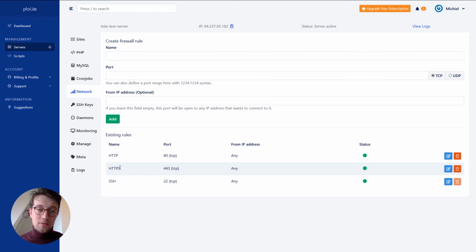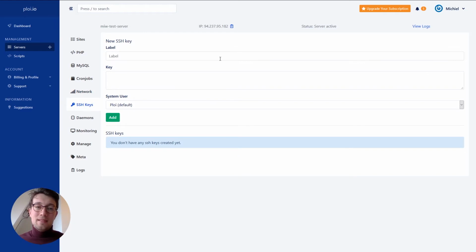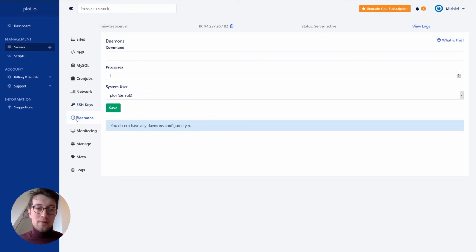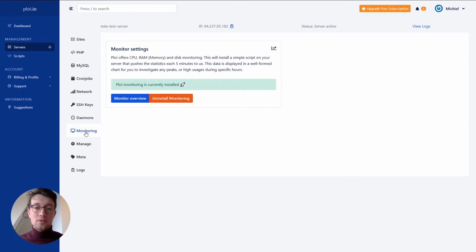And of course, you can use SSH to log into your server, and SSH is an encryption key which is used to log into servers. So if you're already working with server management, logging in, you know what an SSH key is. But just for the sake of it, you can add any SSH key here. Well, I didn't add any in here yet, but it's possible to add them here. You can run daemons in here. There is some monitoring